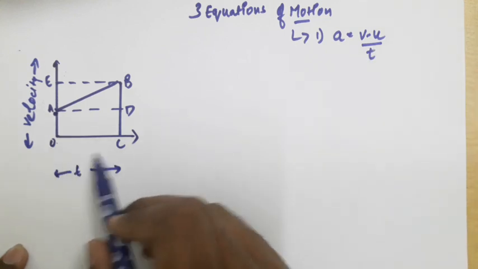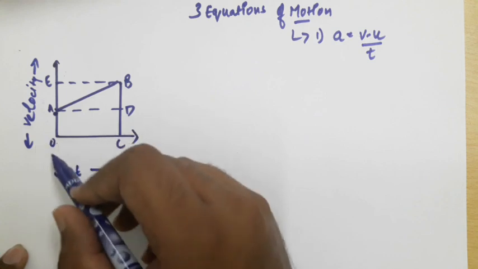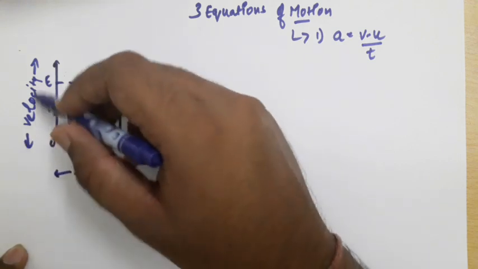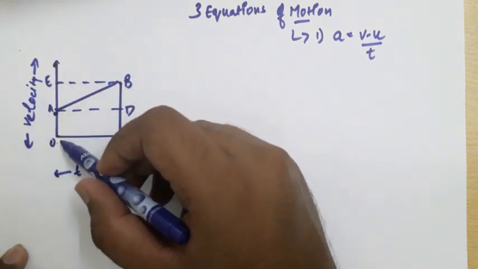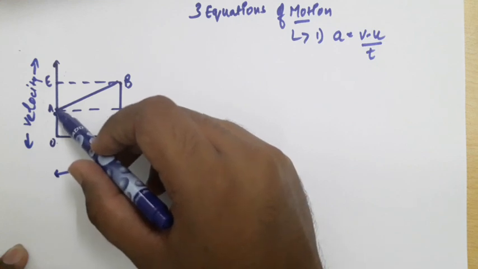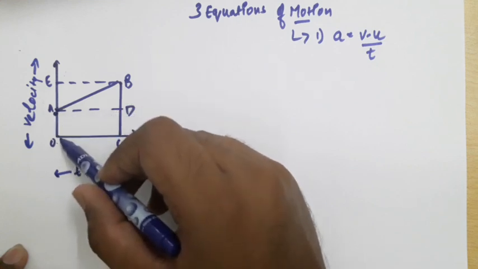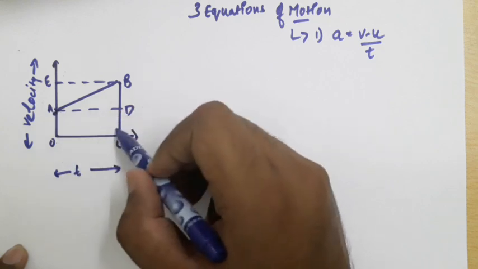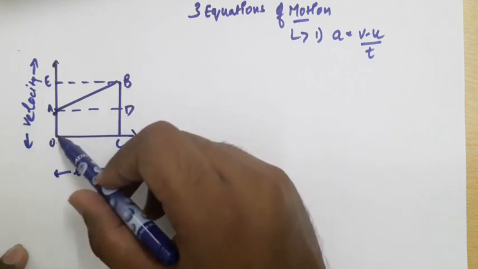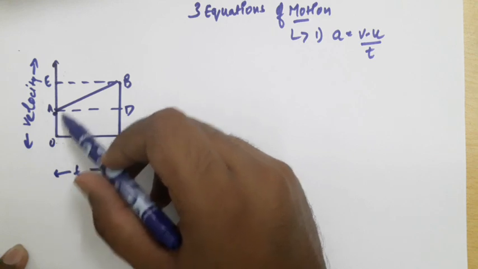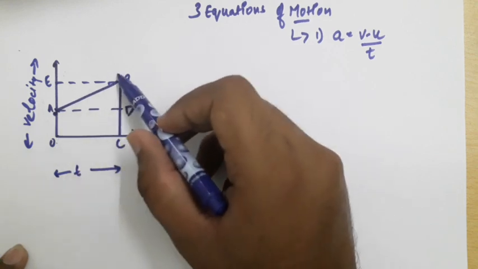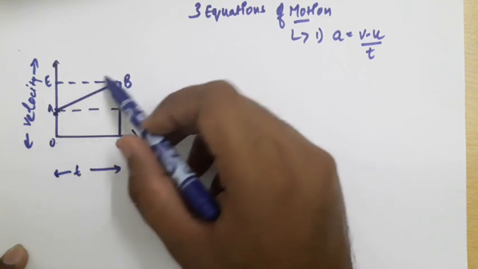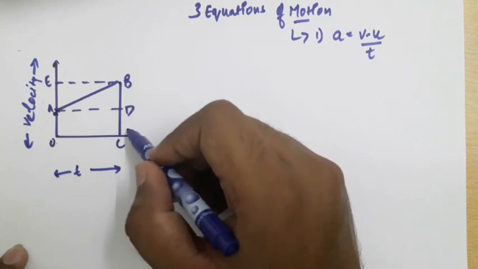So to prove this, I have plotted a graph. This is your time axis. This is your velocity axis. Here at point A there is some velocity, but time is 0. As we can see, the graph is starting from 0, the time is 0, and a person reaches from A to B when time is C, right?